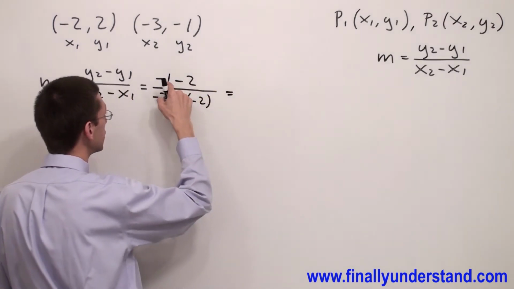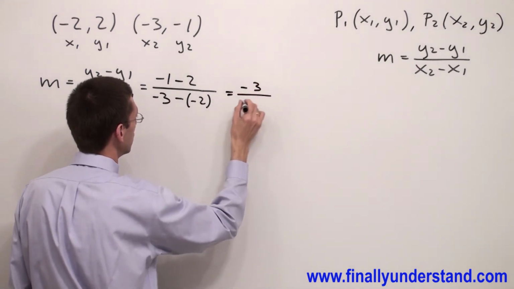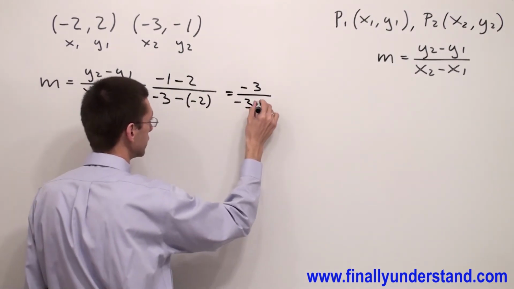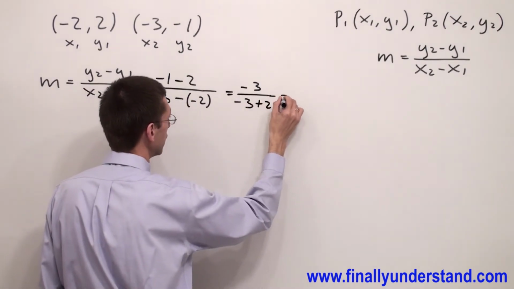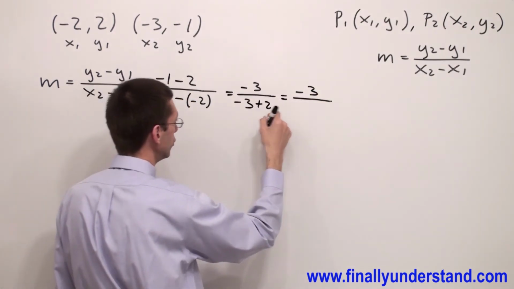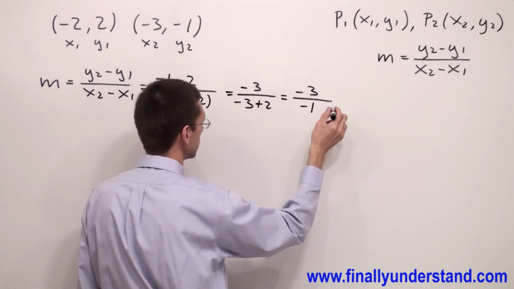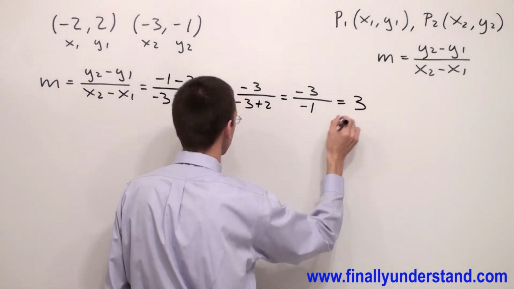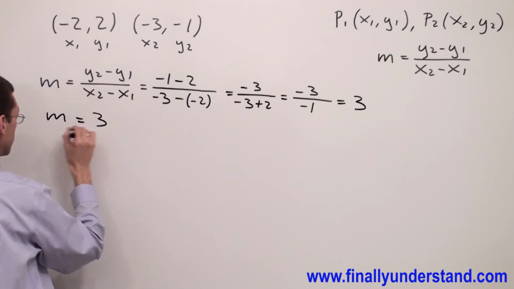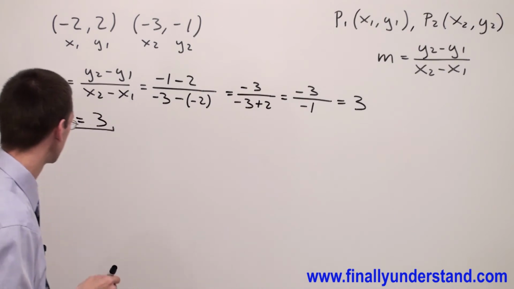And we have negative 1 minus 2 is equal negative 3 over negative 3. Negative times negative gives me positive, so this is plus 2, equals negative 3. I have negative 3 plus 2 equals negative 1. Negative 3 divided by negative 1 is equal 3. M is equal 3. And this is basically the solution to my problem, but let's check how the graph is